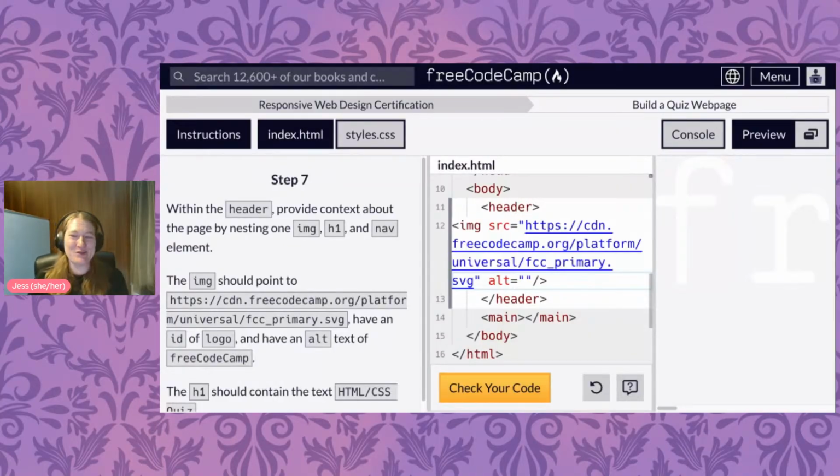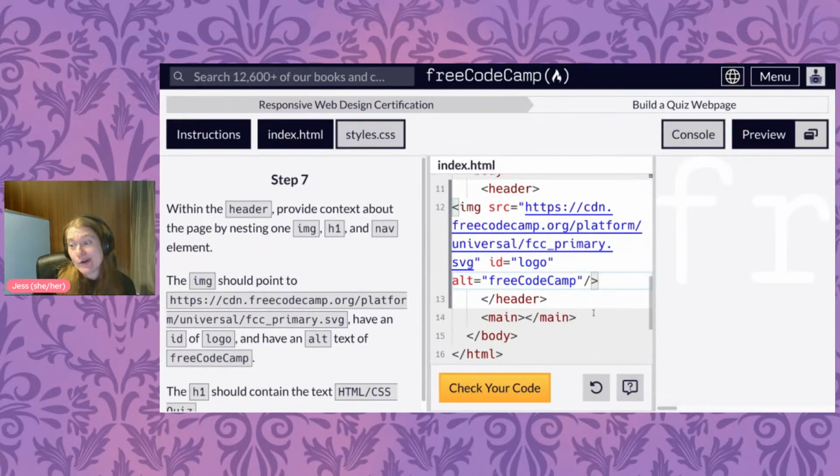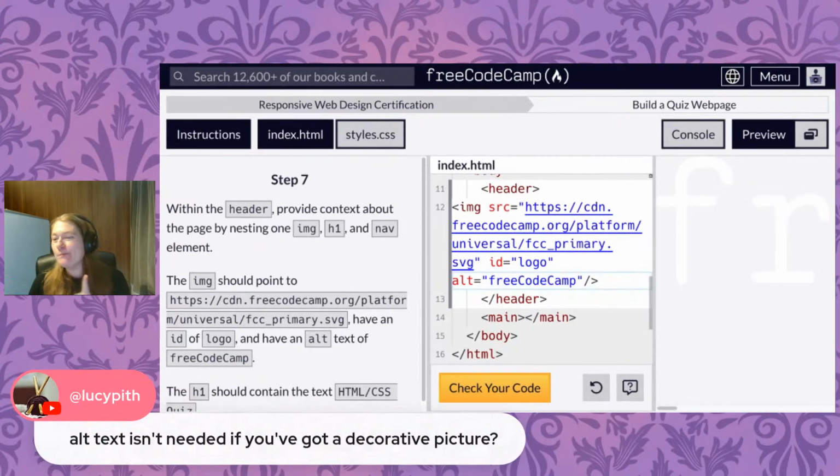There's one other time that you don't have to. And it's going to sound really similar to when you would want to hide things from the accessibility tree. So here, we're going to add an ID as well. You don't always have to have an ID. You don't always have to have a class. The ID is logo. And here our alt is going to be, I don't love this alt text. I would have the alt text say like Free Code Camp logo. Lucy, perfect. Lucy's like, if that image is purely decorative, like it carries no information that you think it needs to be perceived,